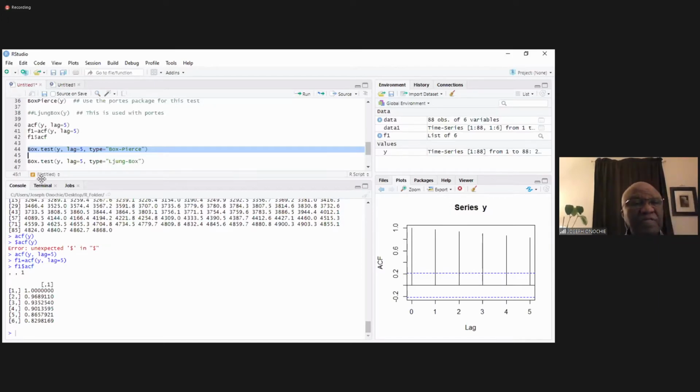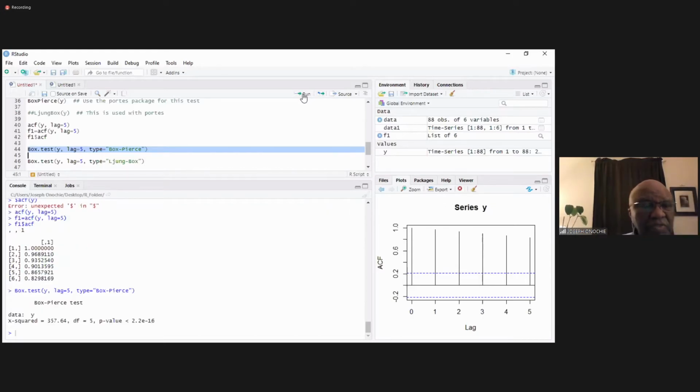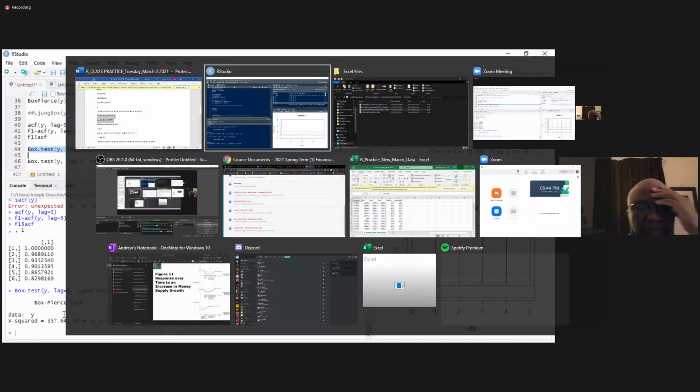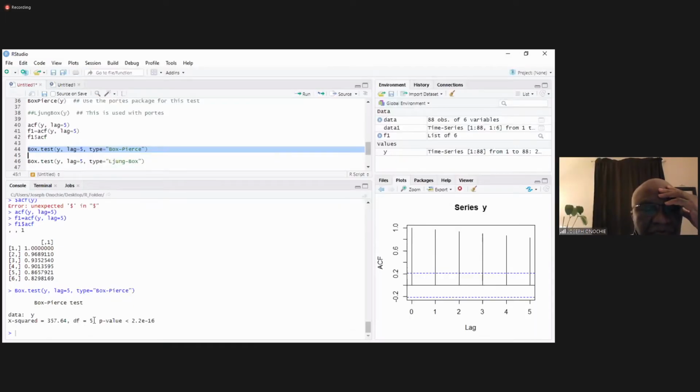Okay, so let me run this now. So see here, the Box-Pierce for GDP, the X-squared, the sample chi-squared is 357.64, degrees of freedom equal to 5, the number of lags. Look here, look at the p-value. P-value is less than,